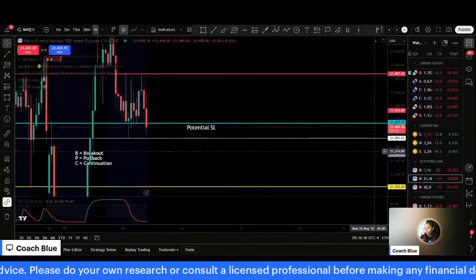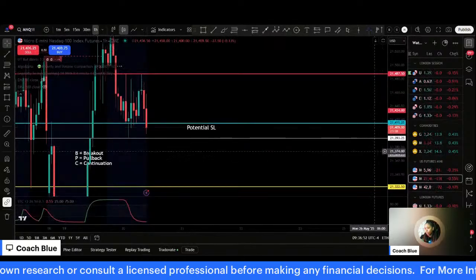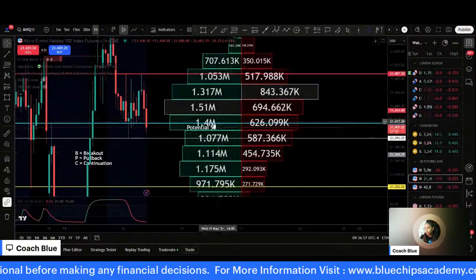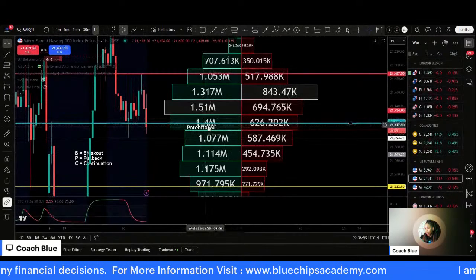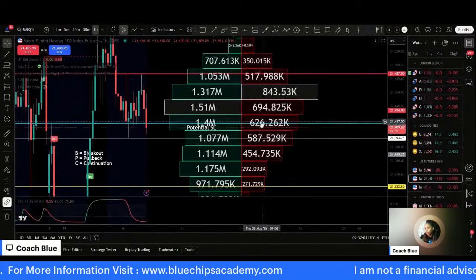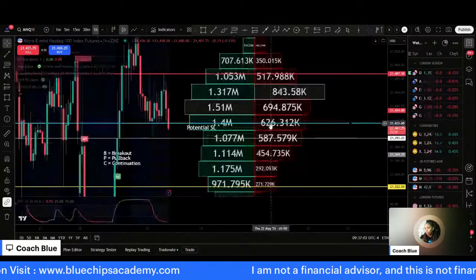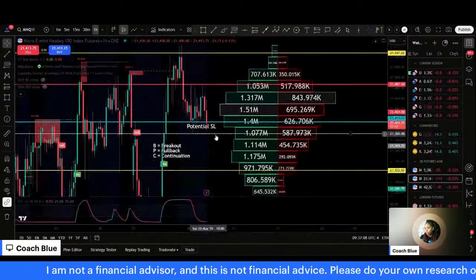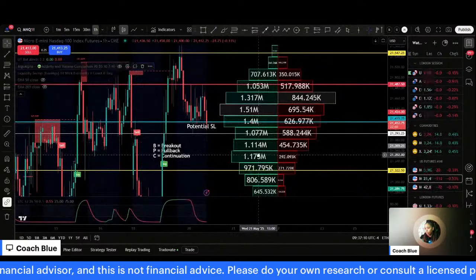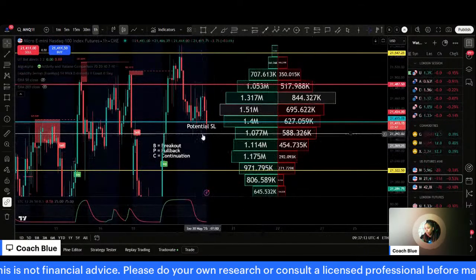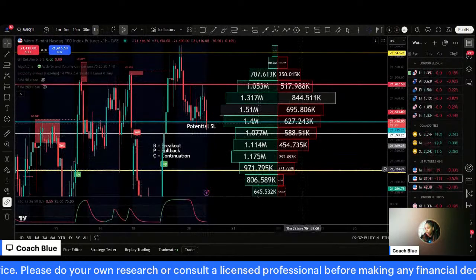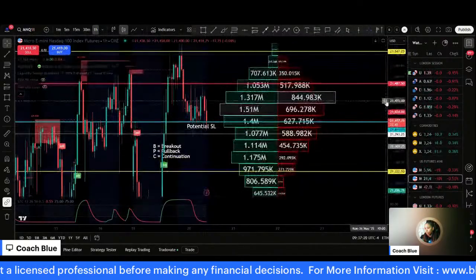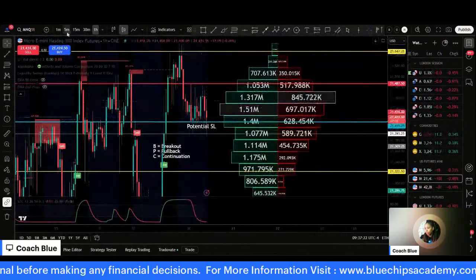Okay, so with the 1 hour, looking at the volume order flow, right where we are, there's more buyers than sellers. $1.4 million worth of buys versus $626,000 worth of sales. If we break past this level here, we still have a lot of buyers that are in control. So we might be finding support soon, guys. There aren't any sellers in control right now at all. So we have to be cautious of that, okay?